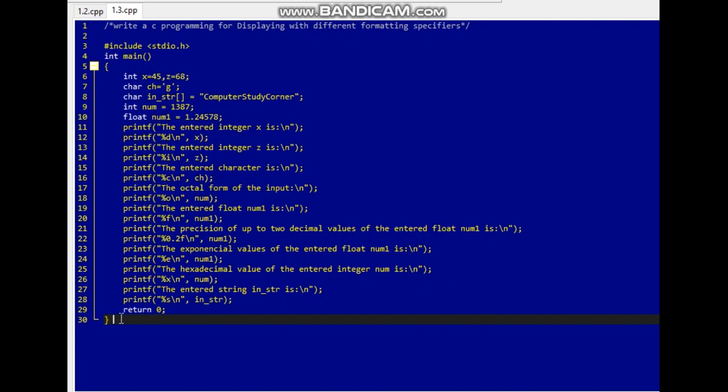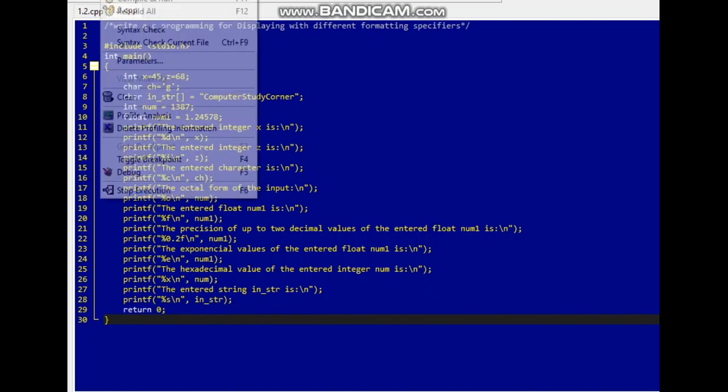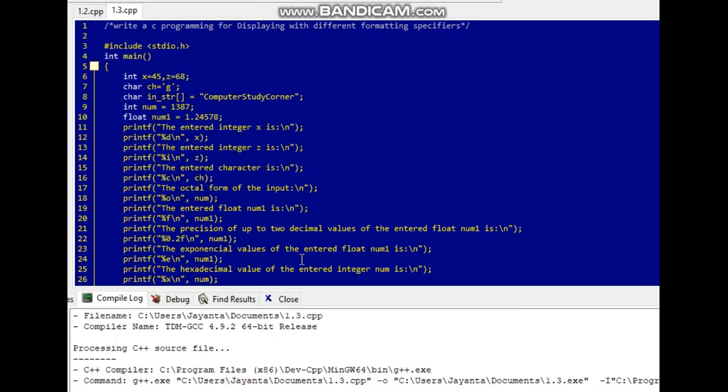At last the return 0, and now compile and run.